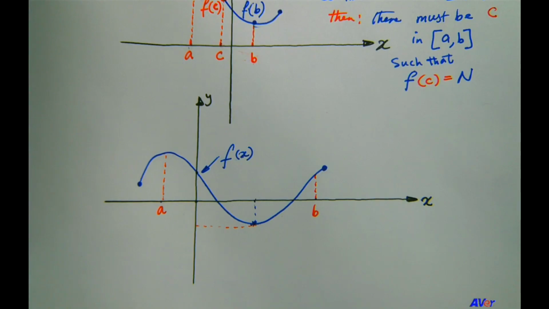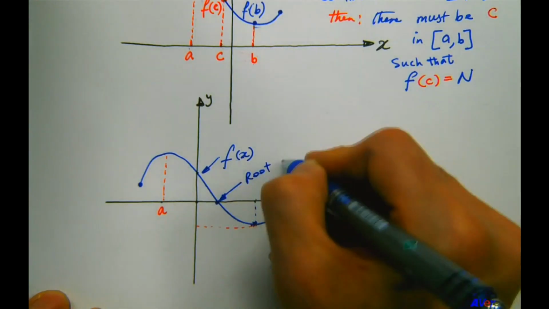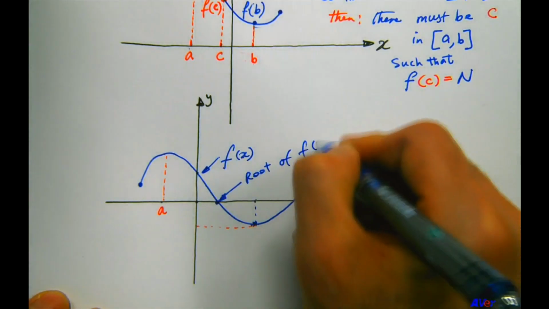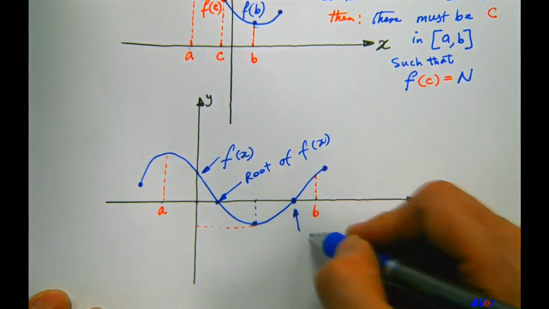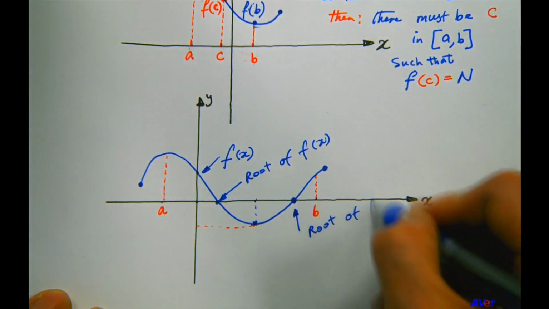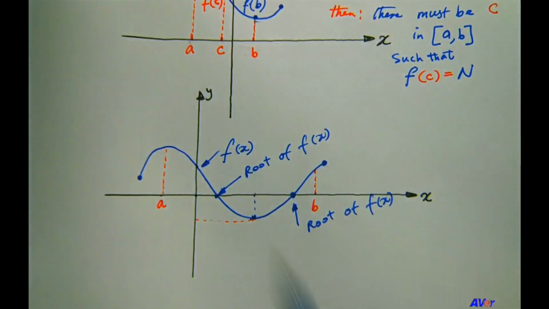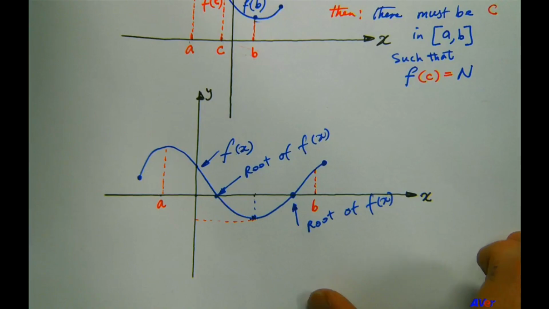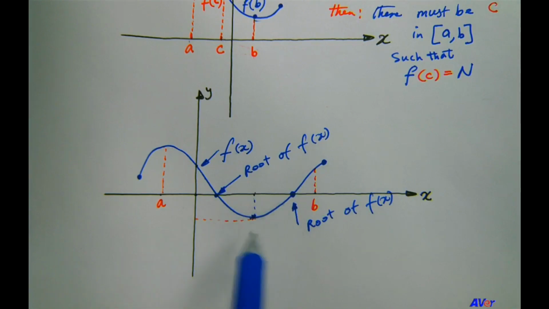And remember, a root of the function is an x value at which the function is equal to 0. So here we have a root of that function, a root of f of x. Also here we have a root of f of x, right? So using the intermediate value theorem, we can show that if the value of the function changes at some point,